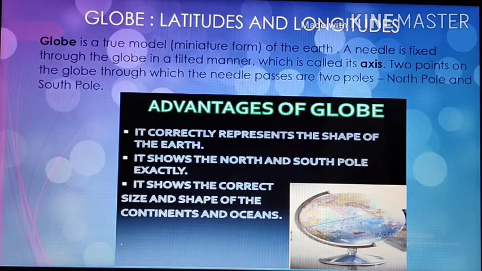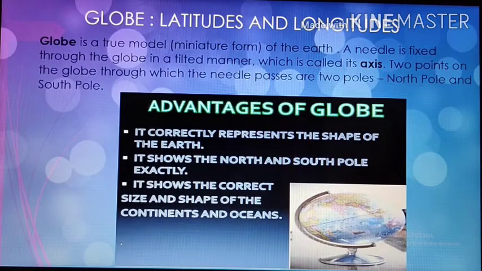The globe is not fixed, it can be rotated the same way as a top spin or a potter's wheel is rotated. On the globe, countries, continents, and oceans are shown in their correct size. Now, it is very difficult to describe the location of a point on a sphere like the Earth. The question arises: how to locate a place on it? We need certain points of reference and lines to find out the location of places.